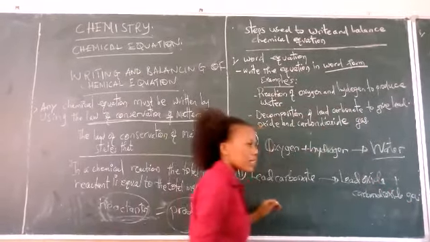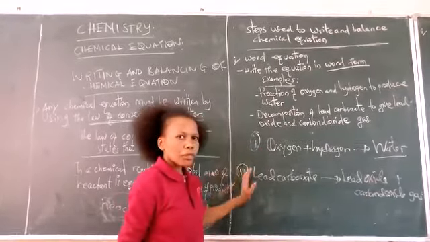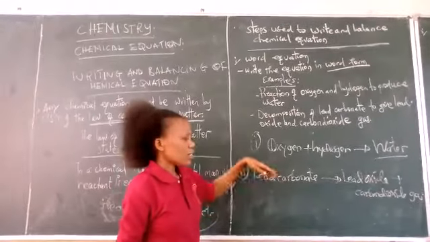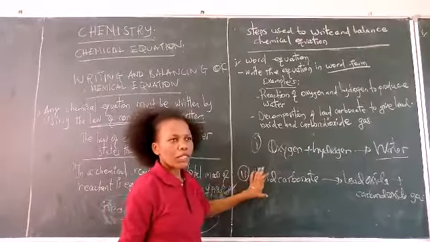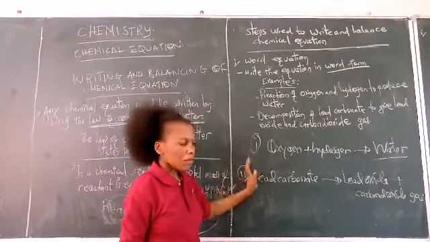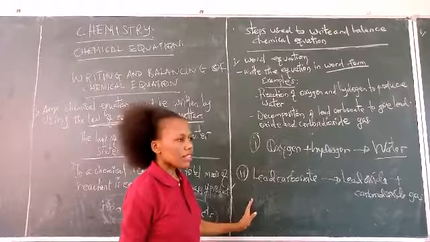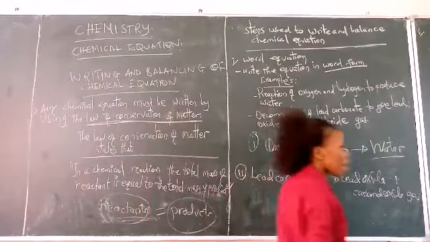So from here you can see the first step. To be clear, you have to write the equation by using the chemical names of the substances. That's the first step. Second step,